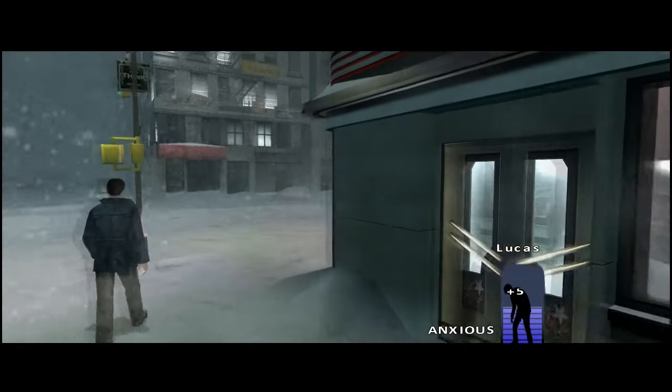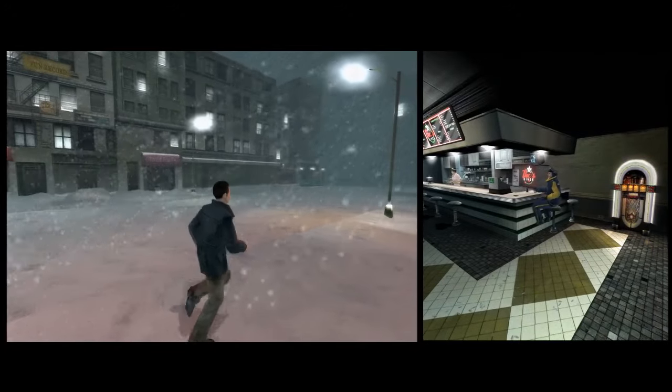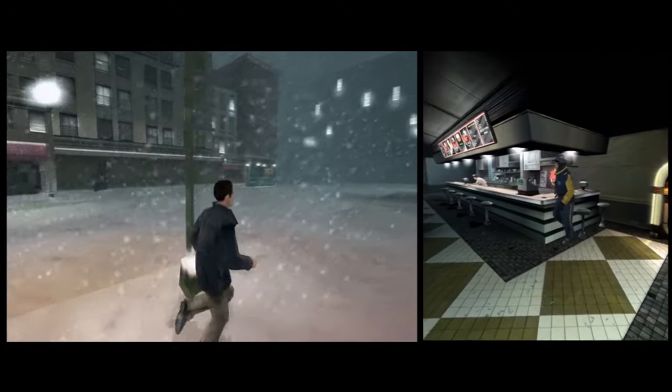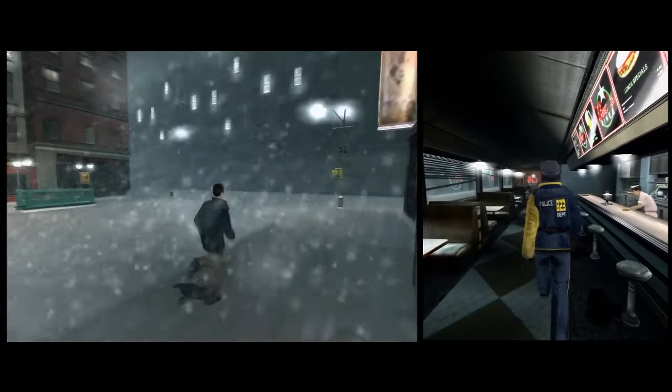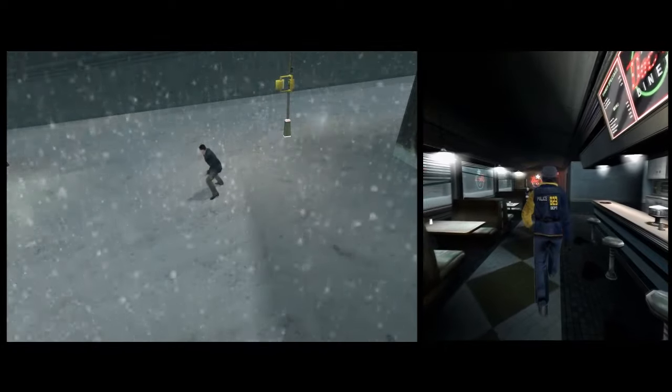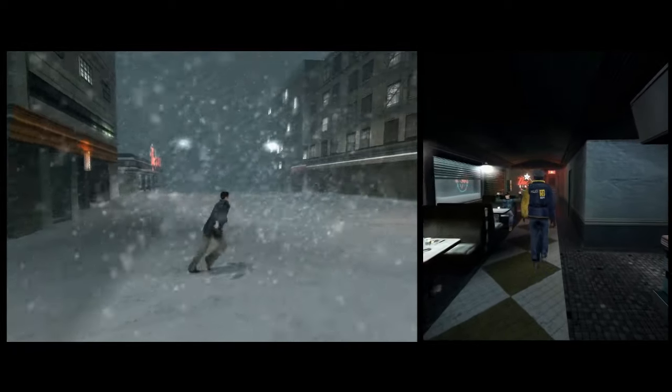Get out of this neighborhood before the police get here. I live too far away to walk. I have to find another way to get back home.